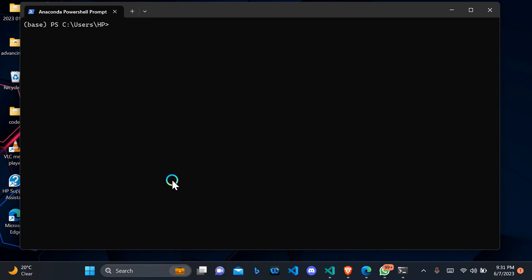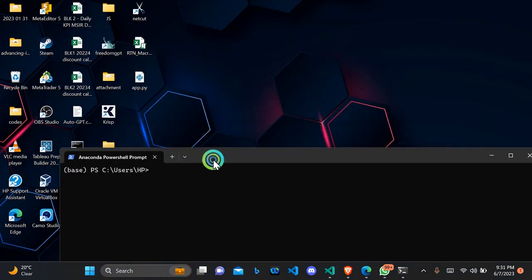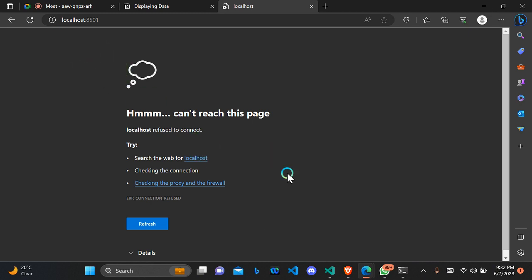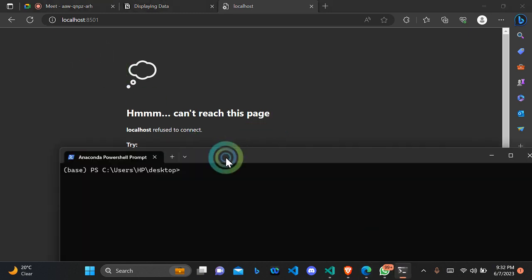Then the next thing I need to do is open the file path where my app.py file has been stored. Mine is on the desktop, so I will type in here cd desktop. If I had stored it in another folder, for example the codes folder, I would have to type in cd codes. But for me, it's not in the codes folder. So I will clear this. So now I'm on my desktop. If I want to run the file itself and see the output on my website, what will I do? I will type in streamlit run